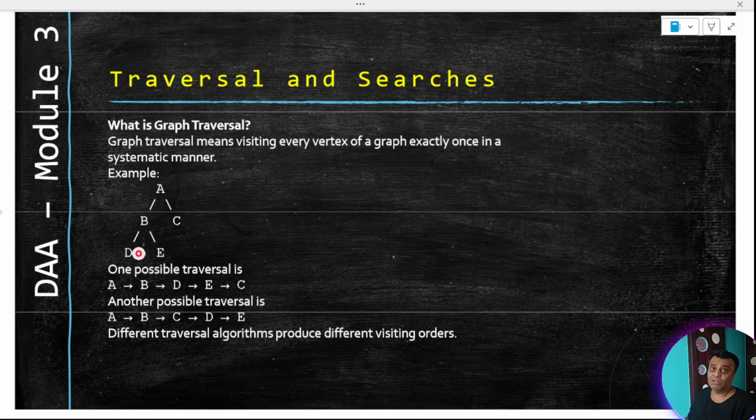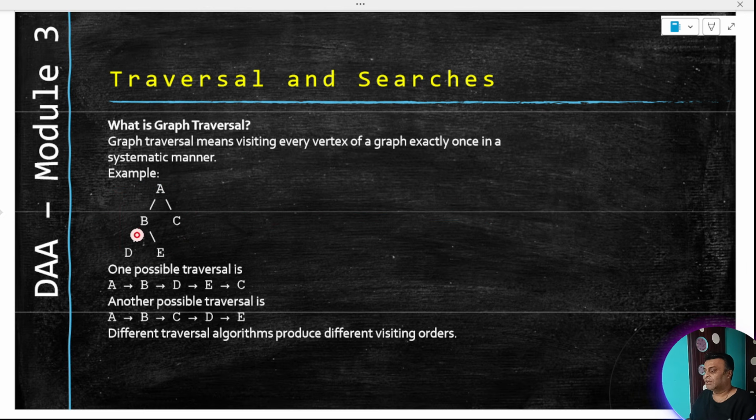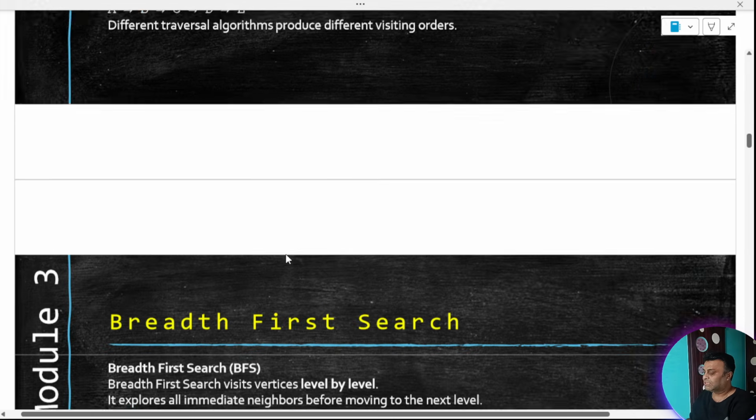And that's what this particular navigation is called, which in our case will be called the depth first search. So the first one that we talked about, where we went level by level, is called the breadth first search. In the second one we are trying to go like this till we go to a leaf node, and that's where it is called the depth first search. So that's on the traversal.